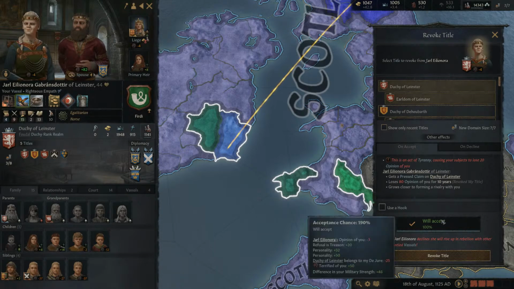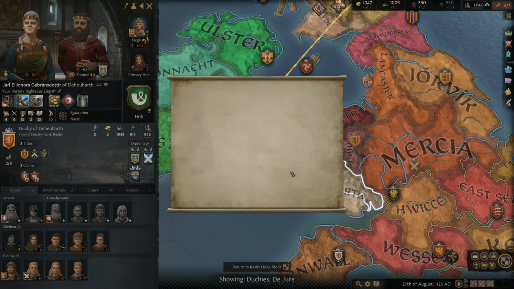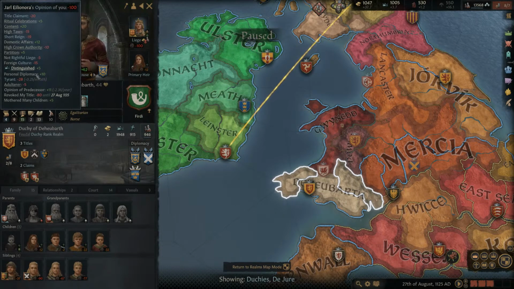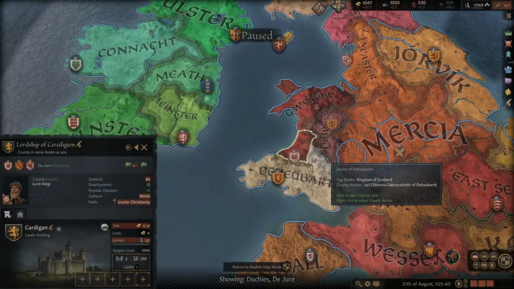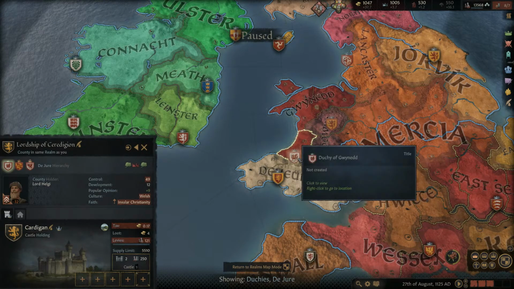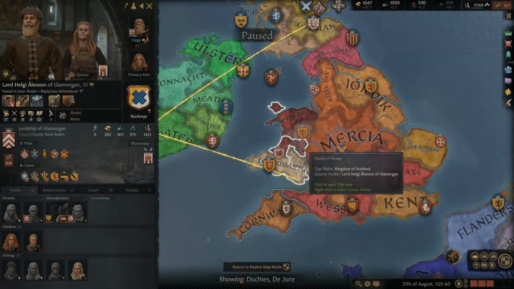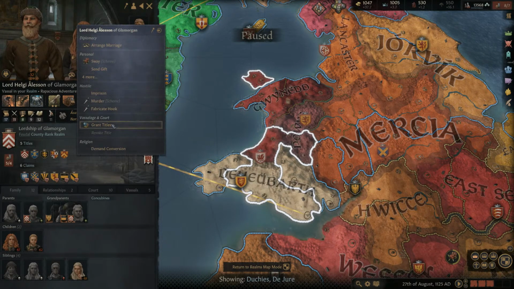She'll still accept it because of the whole terrified thing, so that's good. Come on. There it is. Now she hates me, though. She freaking hates me. We'll fix it, don't worry. Because now we're going to go to this guy, and we're going to make him the Duke of Gwynedd. But then we're going to take away his stuff over here. So the first thing we need to do is...